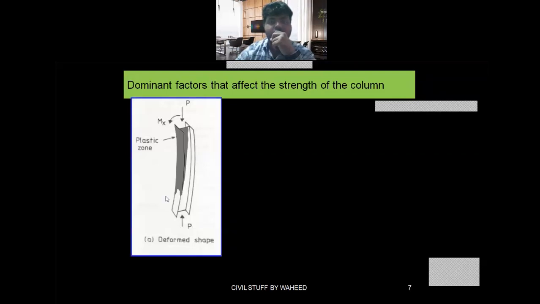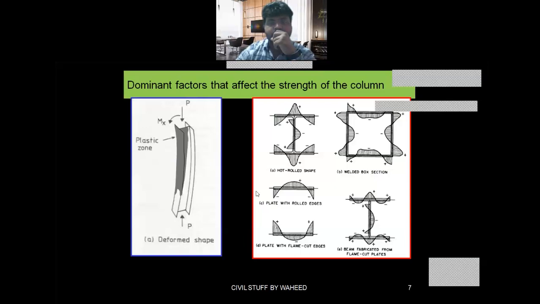What is happening here? Deformation, that is buckling, may occur. Because of the eccentricity, the moment has been developed. This shaded portion is nothing but what? Plastic zone. And see, these are some of the practical deformations which we can't see directly, but stresses will be developed like this. Okay. Just for example, no need to worry about these figures. Up to diploma standard, it is much more. So this is the residual stresses.